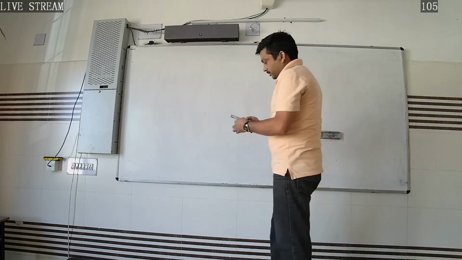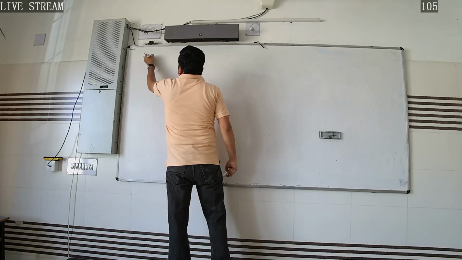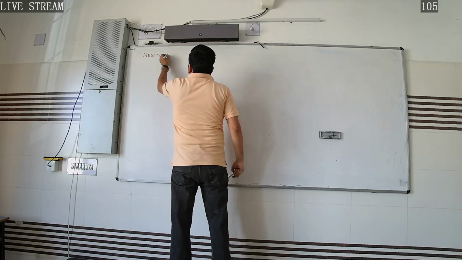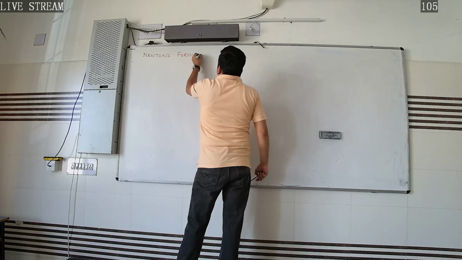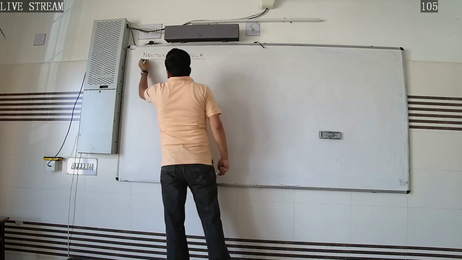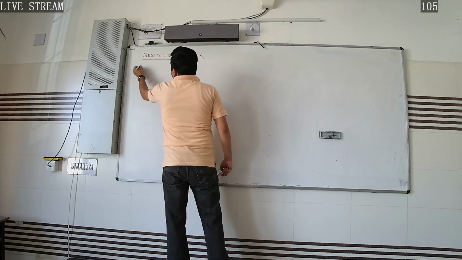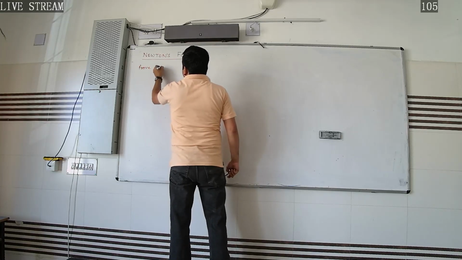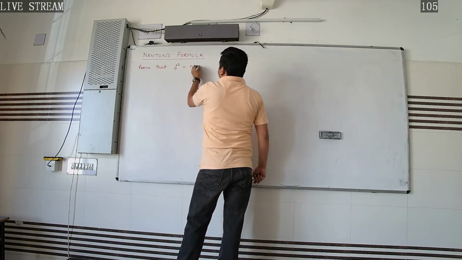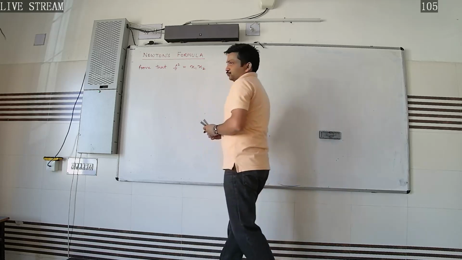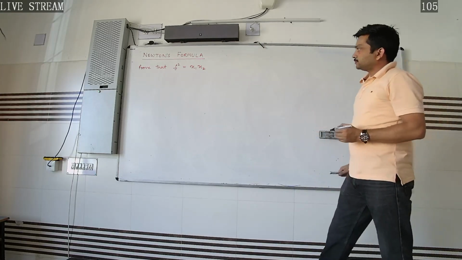What is Newton's formula? The question may be asked like this: prove that f square is equal to x1 into x2. So, Newton's formula, according to Newton,